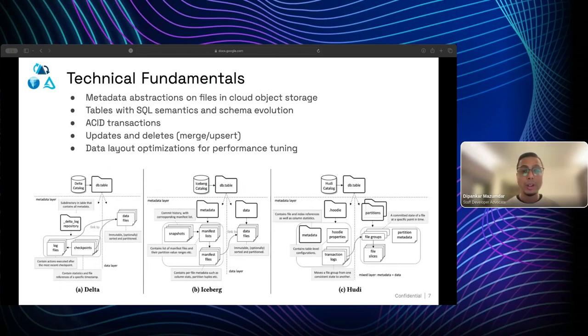Overall, the goals of these formats are kind of the same. Some of you may already be aware of these formats, but for folks who are new to the space, here is a bird's eye view of what these formats look like and how they differ. Like I said, these are basically the metadata layer on top of the actual data files, the Parquet files, for example. How these metadata files are organized and designed is a bit different, and that's the only